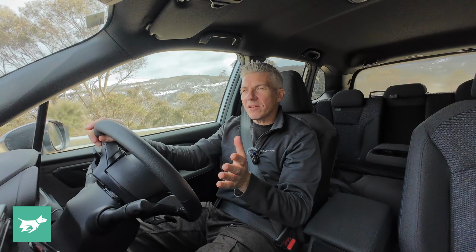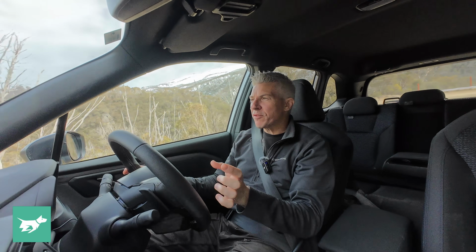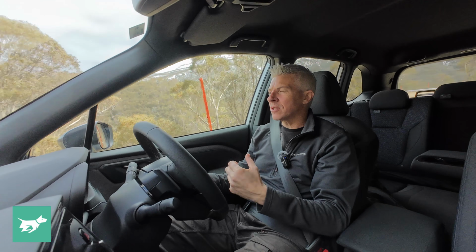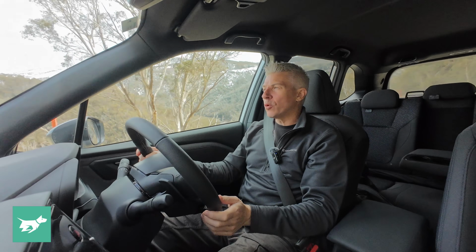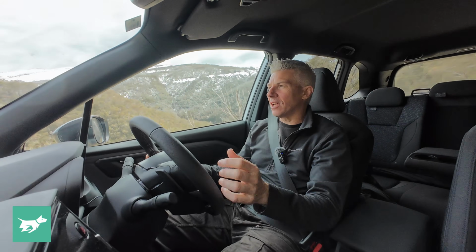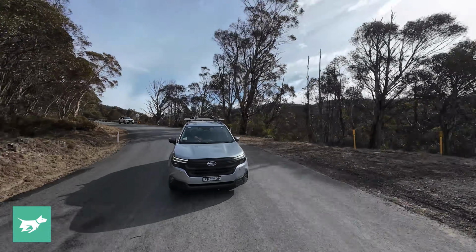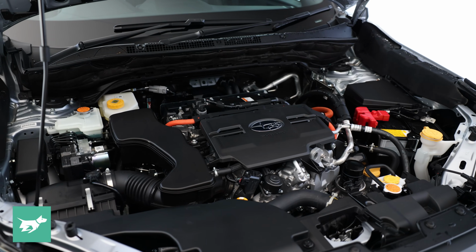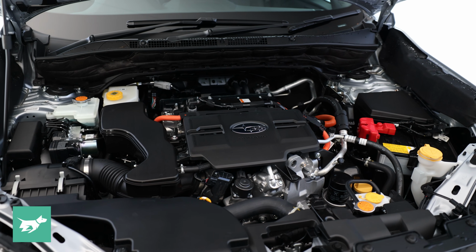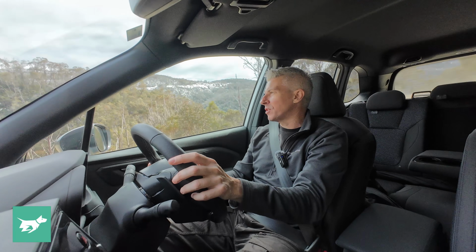So the first e-Boxer petrol electric Forester was pretty flawed in terms of drivetrain refinement, and also the fact that it really wasn't that much more fuel efficient than the regular petrol Forester. But now we've got this strong hybrid, there's Toyota components in there, but it is still a flat 4, pleased to say, and it's a bigger and more powerful engine than the previous engine that was used in the e-Boxer